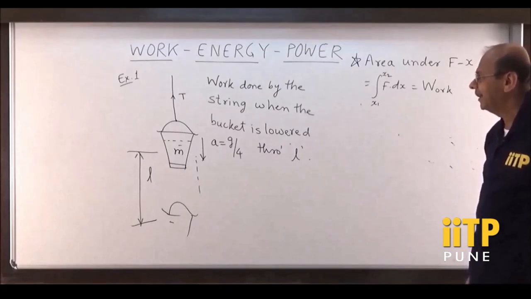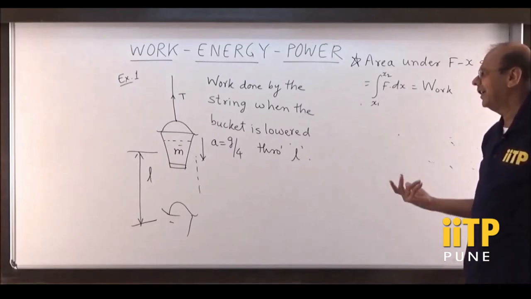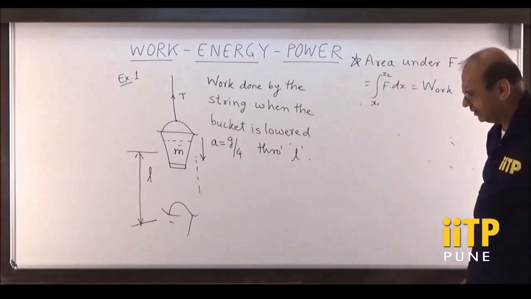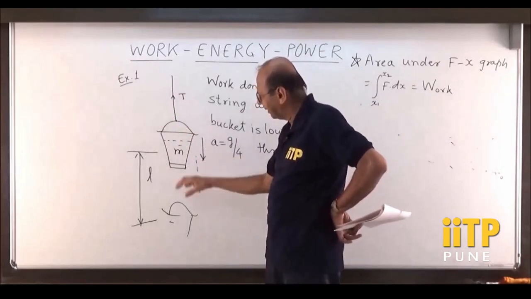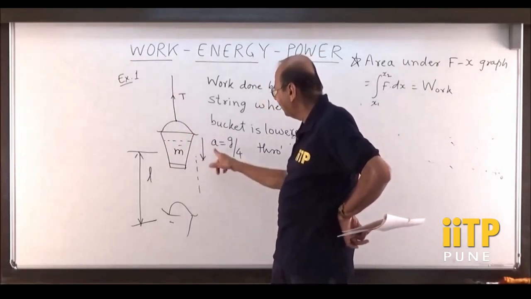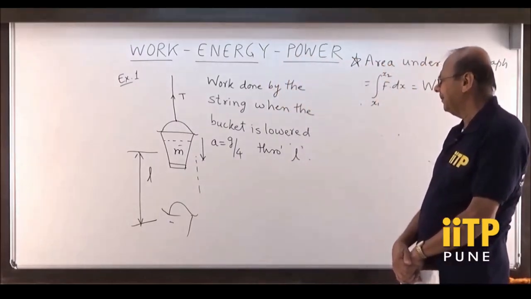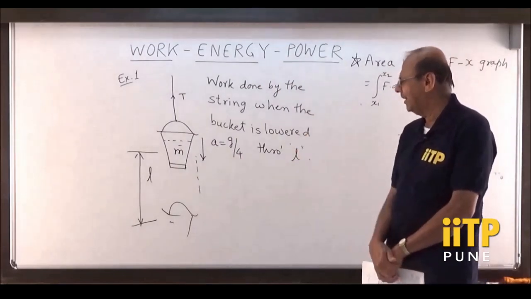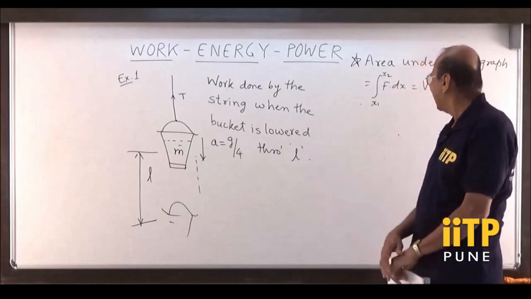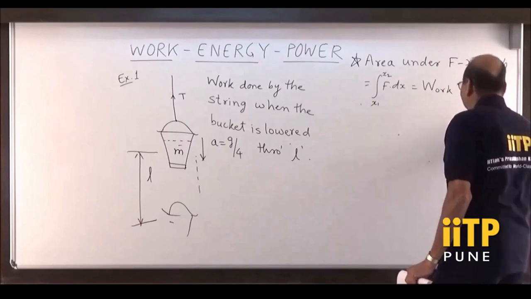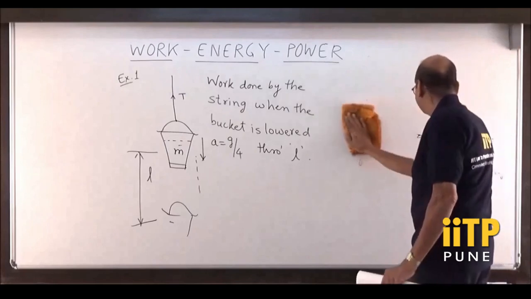So naturally, work done by the string means the work done by the force which is applied through the string, and naturally it is tension. Tension is always pulling in nature. So tension, as I have shown, is upwards. This tension is going to do some work on the bucket, and this is what I want to calculate. Now it's very clear in this problem that the displacement is straight away given, L. L is the displacement and the force is not given. That means I have to calculate the force, and therefore I will use the knowledge of Newton's laws of motion.